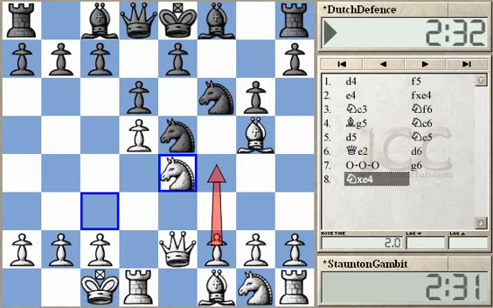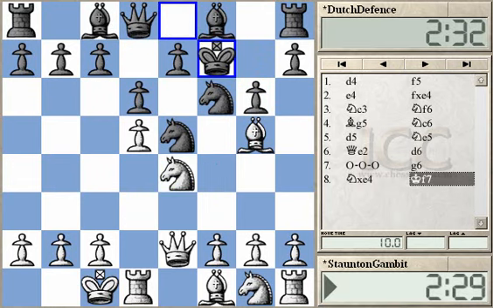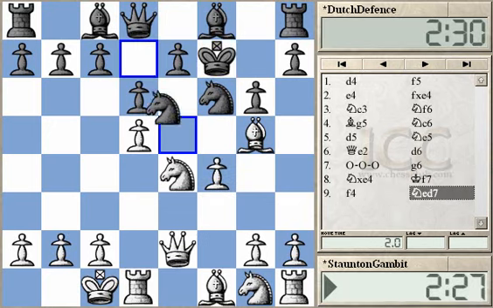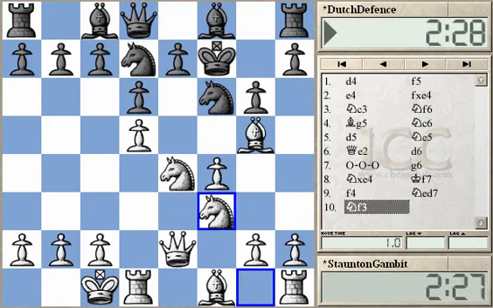Let's say after king f7, the game continued f4, knight e7, and knight f3, and you can realize black is in such big difficulties now. So e6 is a serious problem. Also, one check on g5 by one of the knights will be almost decisive. After bishop g7,